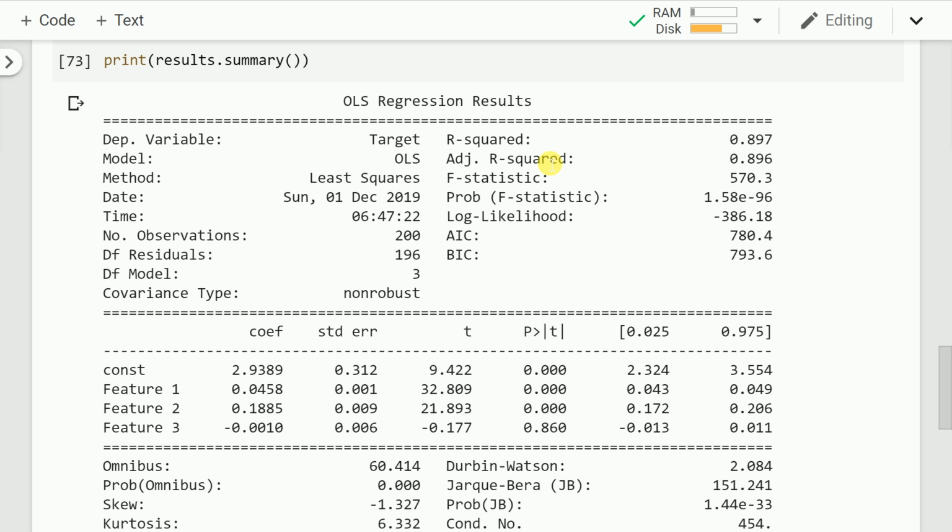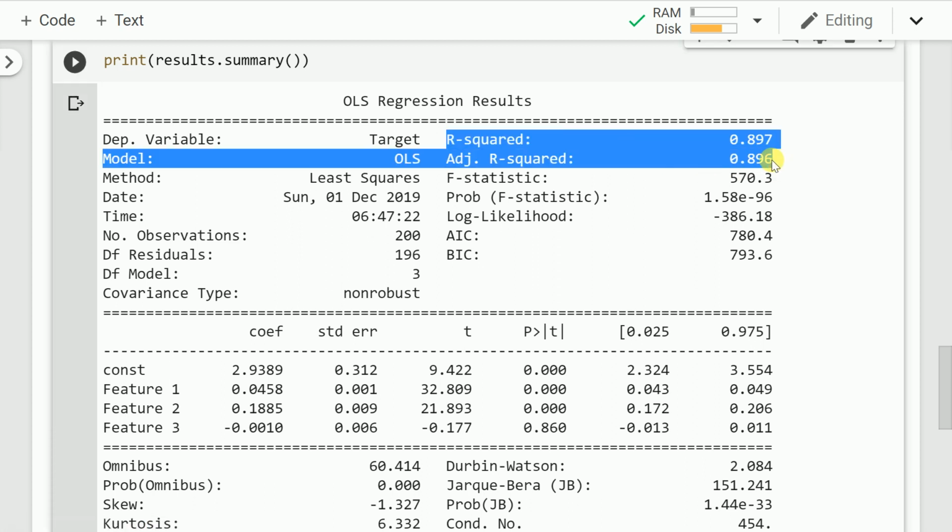In our case, my R squared value is 0.897 and my adjusted R squared value is 0.896. So it's a very well fitted model wherein I don't have any feature that is blowing my overall model performance out of proportion. That is the reason you first have to visualize the R squared value, how close it is to a value of 1. Secondly, you also have to understand if your adjusted R squared and your overall R squared are poles apart. If they are close enough, then you have selected relevant features. If they are really far apart, then there are chances that you've included a feature which is less relevant. So this is what I had to cover in terms of R squared and adjusted R squared.